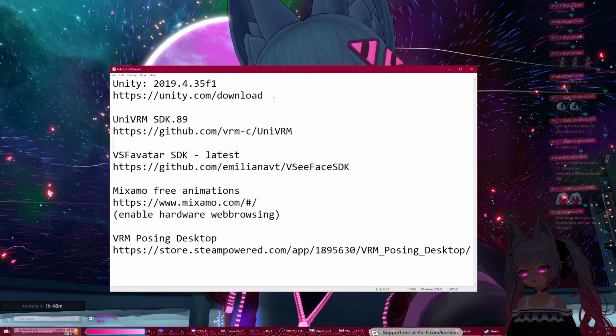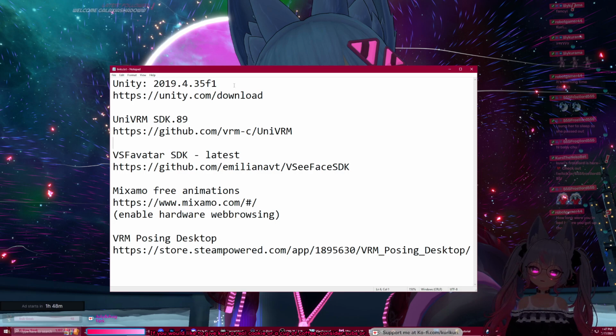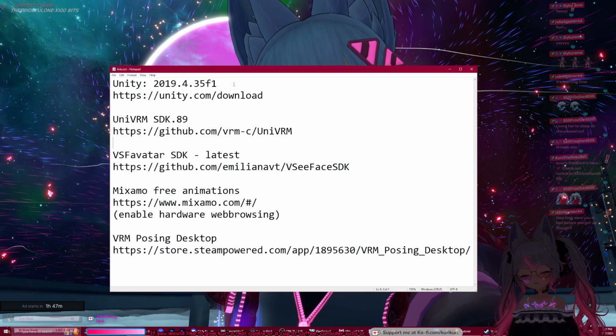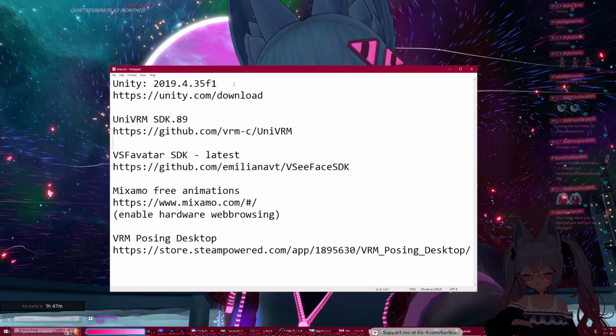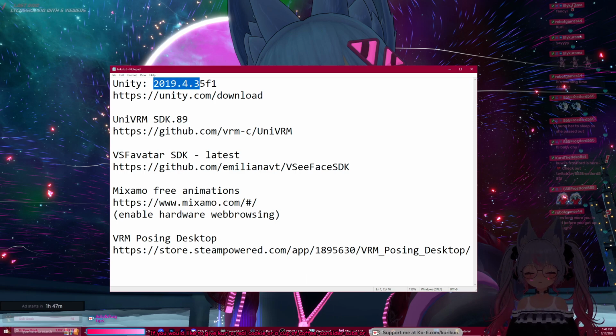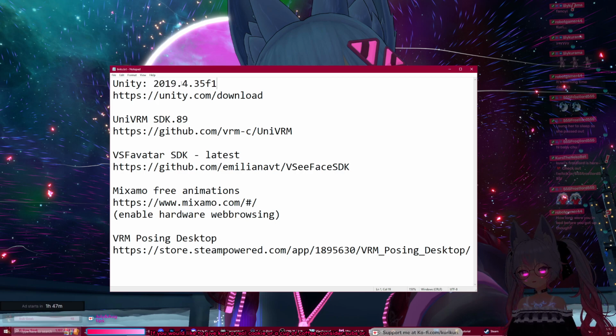Now, so the first thing you need is to get Unity. This tutorial is assuming you're using VSeeFace and the extension VNyan. So you'll be working with the VSF avatar format. So this is for 3D avatars, obviously, so we'll be using Unity. Since we are working with VSeeFace, we'll be using this version of Unity right here, 2019.4.35f1. So if we go to this website here,